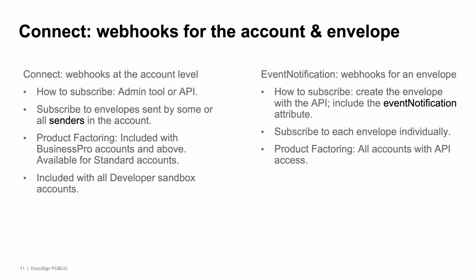If you're not using the API to create the envelope, then the only option for receiving a webhook notification is to do it at the account level. You subscribe to each envelope individually, so you cannot set something up that then gets used over and over again. The good news is that all accounts that have API access can do this. The intention is that there should never really be a need for polling. If you're able to use the API, then you can use it when you send the envelope and include the event notification. So either way works fine.